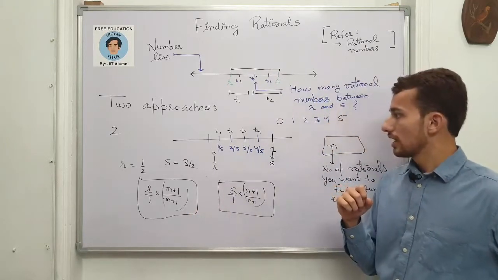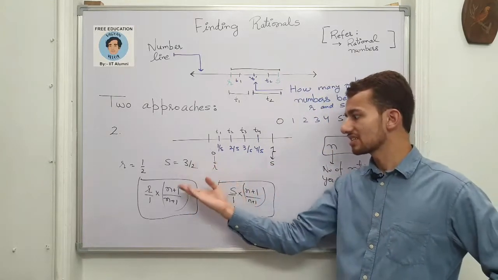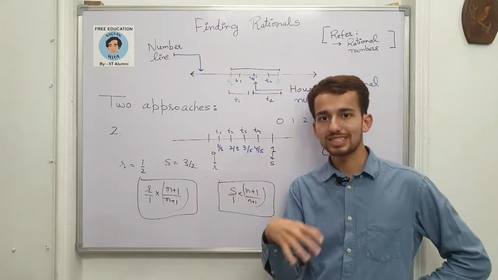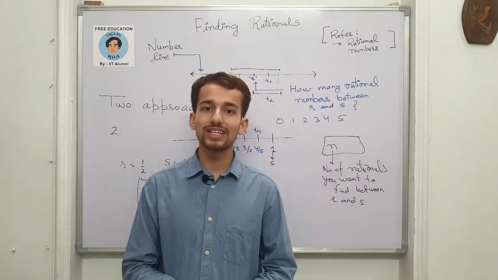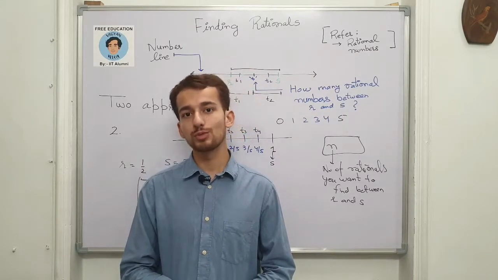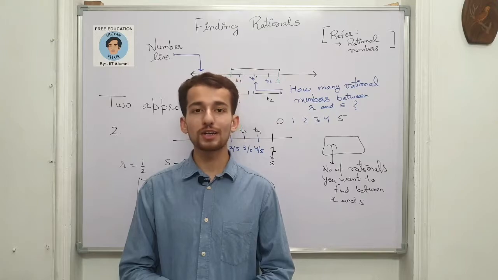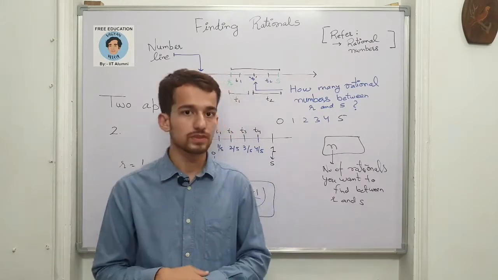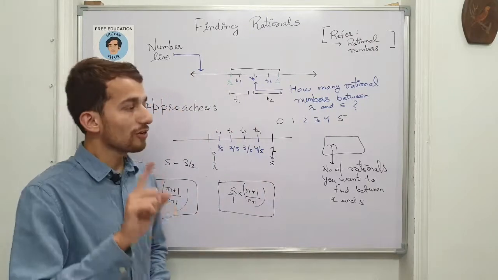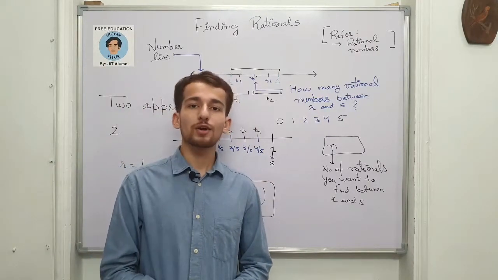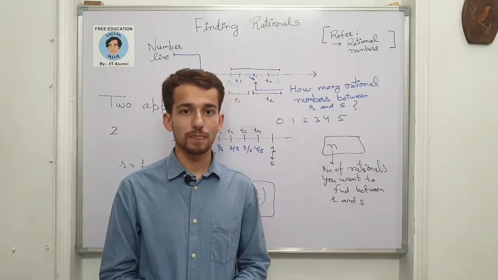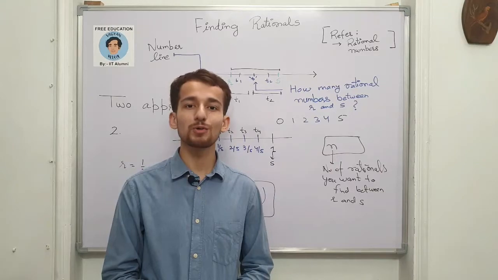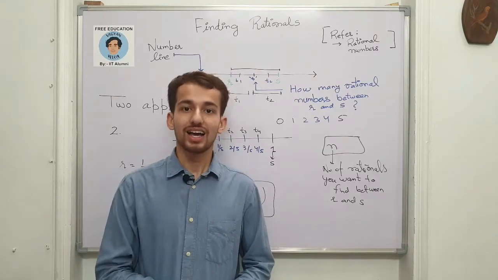Fine. And this is the example which we have just taken. Just substitute R and S and try to find yourself. So it's an exercise. You can take R to be 3 by 2 and S to be 7 by 2 and now try to find 5 rationals between 3 by 2 and 7 by 2. Fine. So one more question I want to give and drop me an answer. Don't copy from anywhere, try to think whether it is wrong or right. Don't worry, just drop me a comment in the comment section.